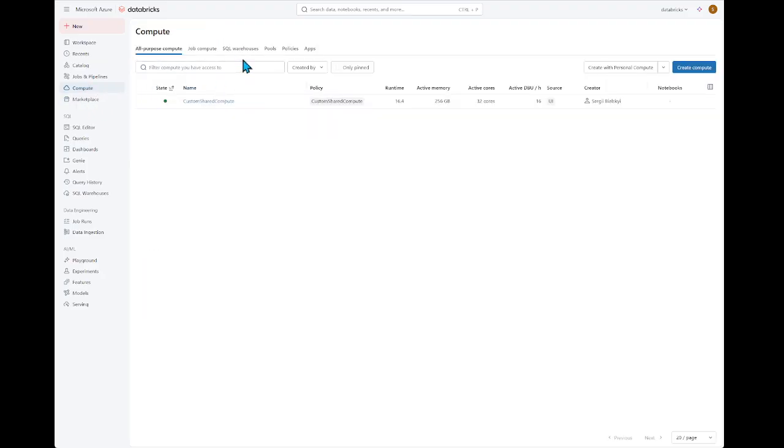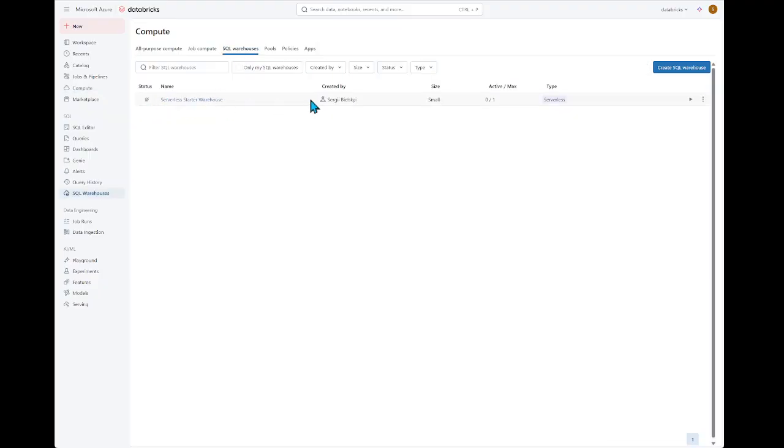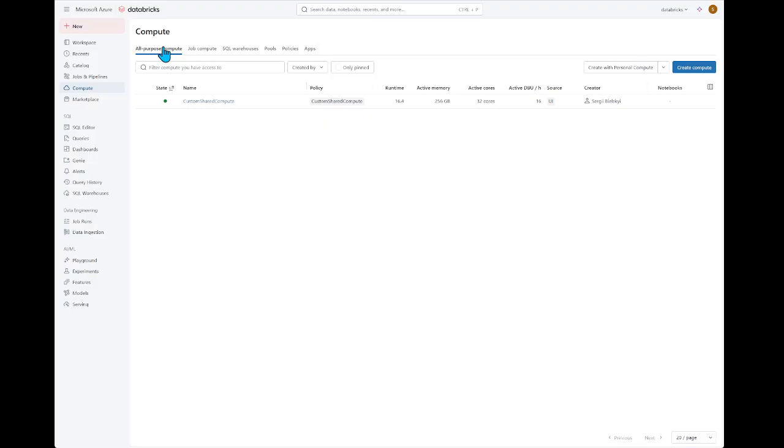And also I have a SQL warehouse, a serverless warehouse, just an example of how we can use Delta Sharing to get data from Databricks to Data Factory. So let me start with the Data Factory itself.